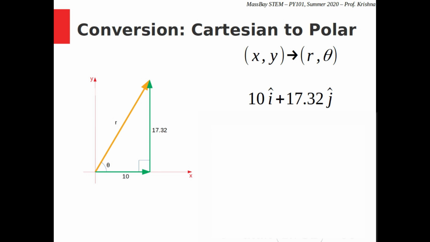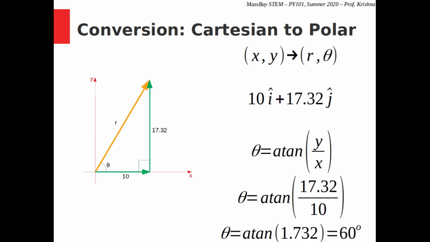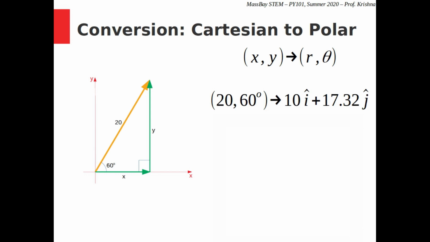Well, x and y represent the adjacent and opposite sides of this triangle respectively, which means that y over x is the tangent of angle theta, or equivalently, theta is the arctangent of y over x. Since y is 17.32 and x is 10, that means theta is the arctangent of 1.732, which is 60 degrees. So now we have demonstrated that the vector 10 i hat plus 17.32 j hat in Cartesian is represented in